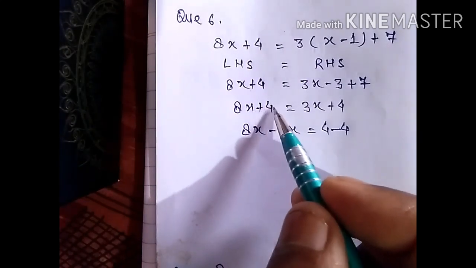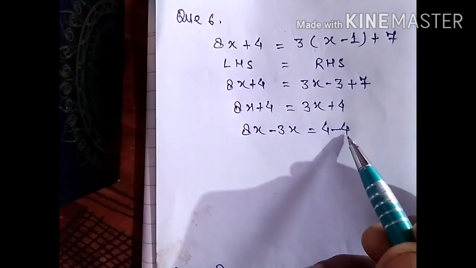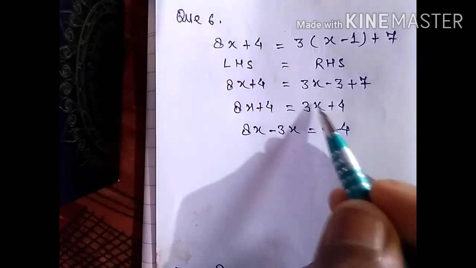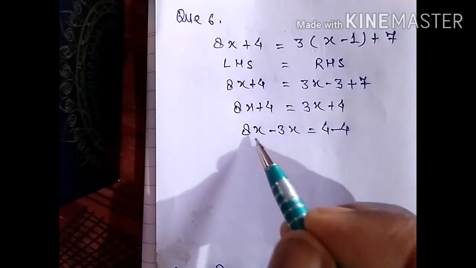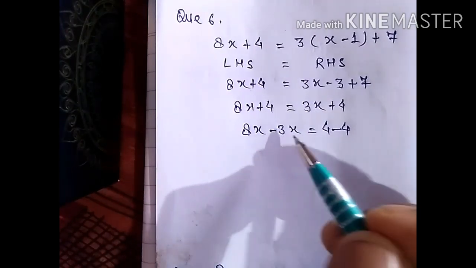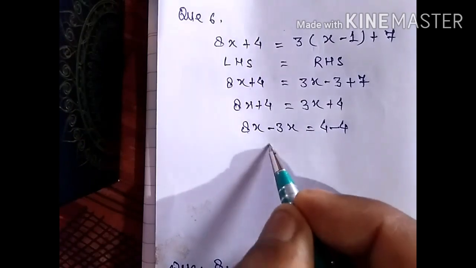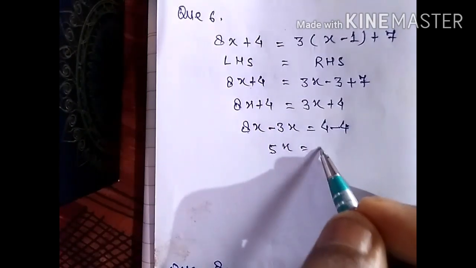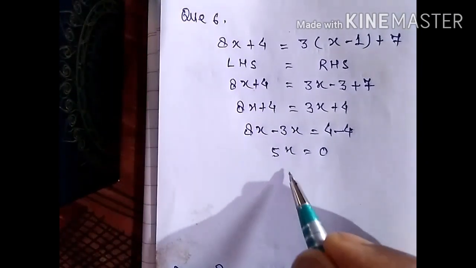Here it is positive 4, and after transposing it will be negative 4. And this 3x will be negative here. So 8x minus 3x is 5x is equal to 4 minus 4, it will be 0, and x is